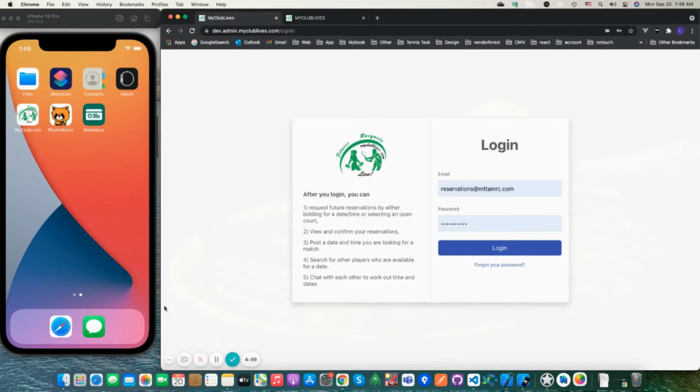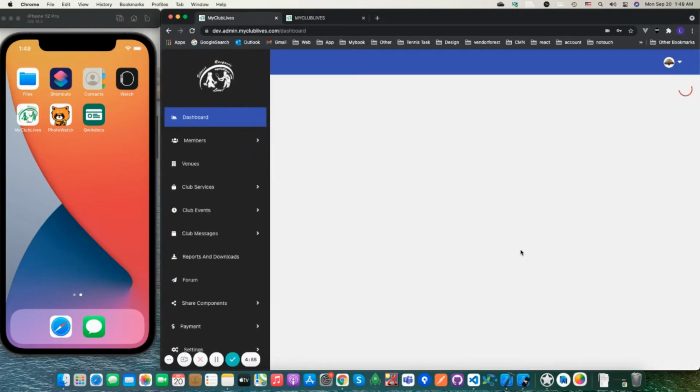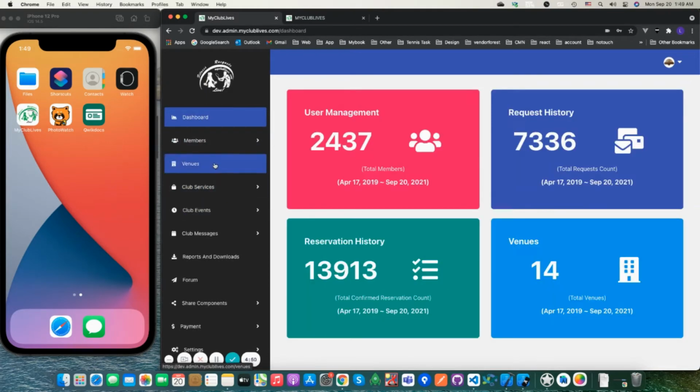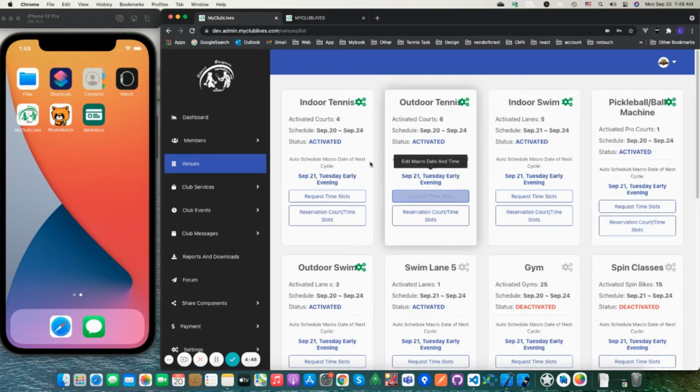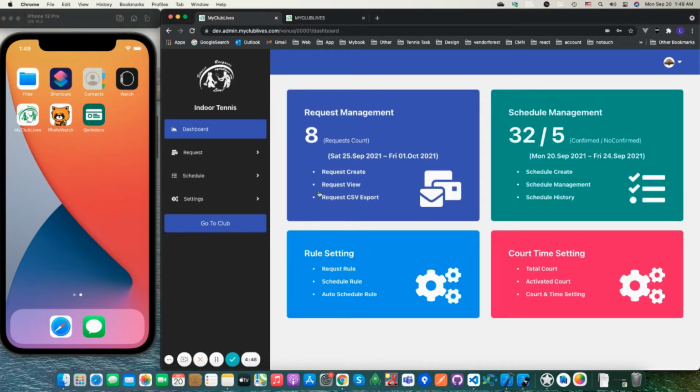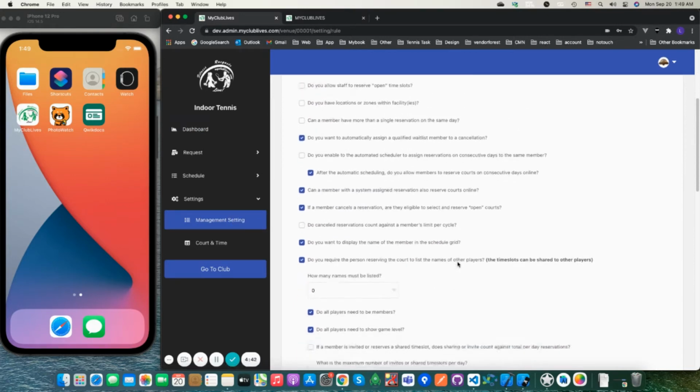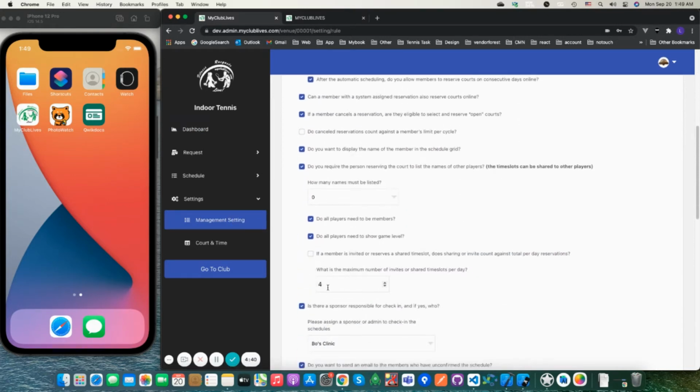The first thing we're going to cover are the settings made by the admin to enable the function, which is by venue. So we're using the indoor tennis as an example, and you have a setting in there in which you can specify if you're allowing the sharing to take place, and then secondly, if it is taking place, how many times in a given day can a member actually share a facility,